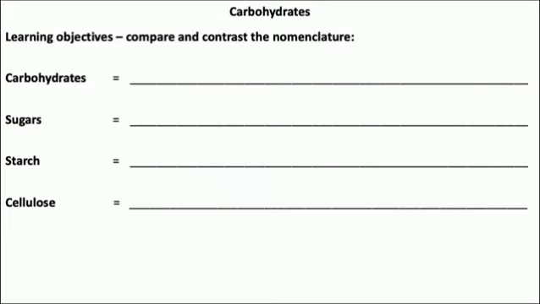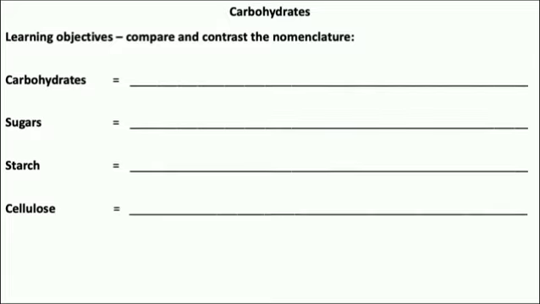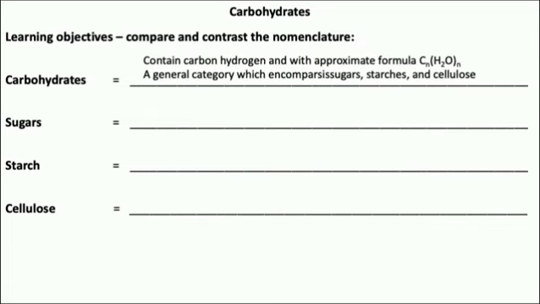In order to do that, I would like you to begin by trying to write a short definition for each of these terms related to carbohydrate nomenclature. You probably have a good feeling for the fact that carbohydrate is the encompassing category that includes sugar, starches, cellulose, which are compounds containing carbon, hydrogen, and oxygen in a ratio of approximately 1 to 2 to 1. Hence the formula